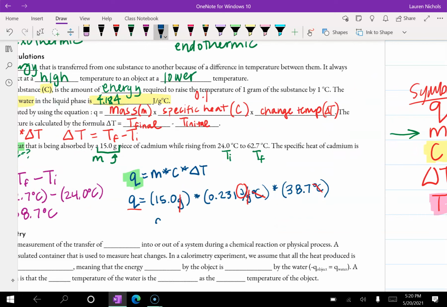And so all that's left for us to do is, we know Q is going to be equal to a certain amount of joules, so we just put it in our calculator. So 15.0 times 0.231 times 38.7, and that gives us 134.1 joules